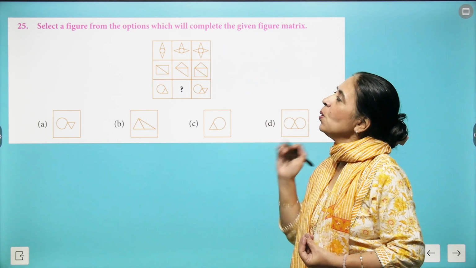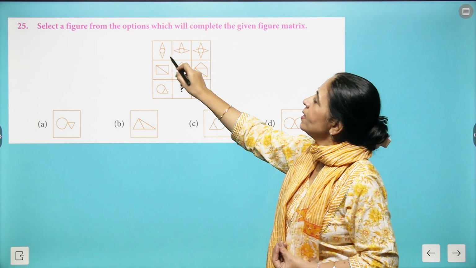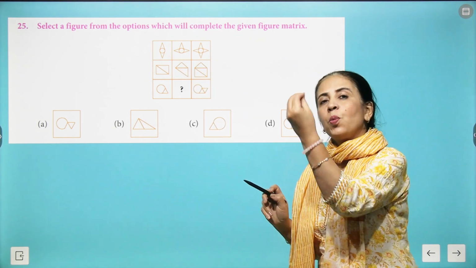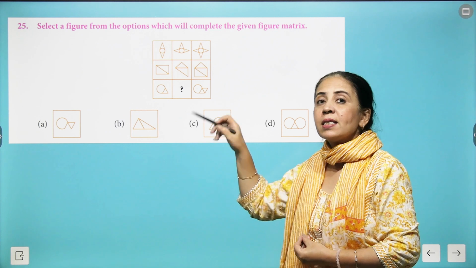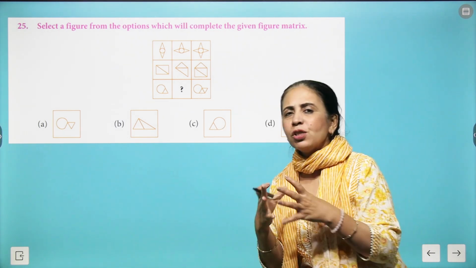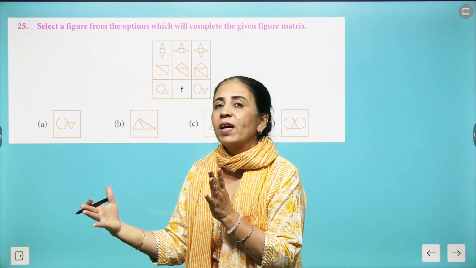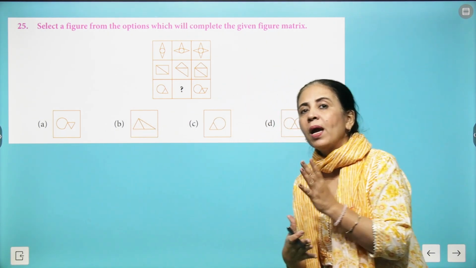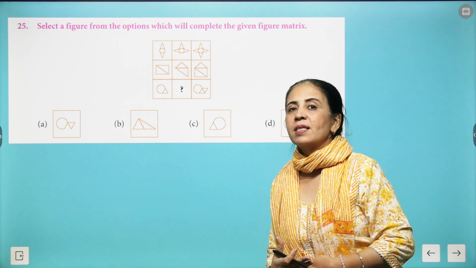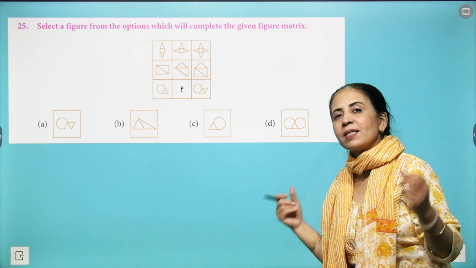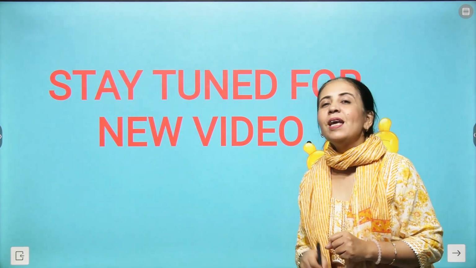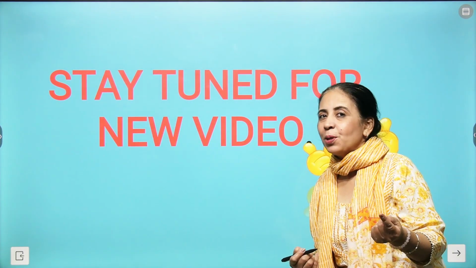So when you look at these figures, you will see that every figure is different, isn't it? You have to just see what makes it different. Is something increasing? Is something decreasing? Are you finding the culmination of some of the figures to get the next figure in the matrix? And this way, you will really understand the logic and your spatial understanding is going to have wings and you'll fly with more thoughts and ideas. Believe me, that's really amazing. You can start your work now.